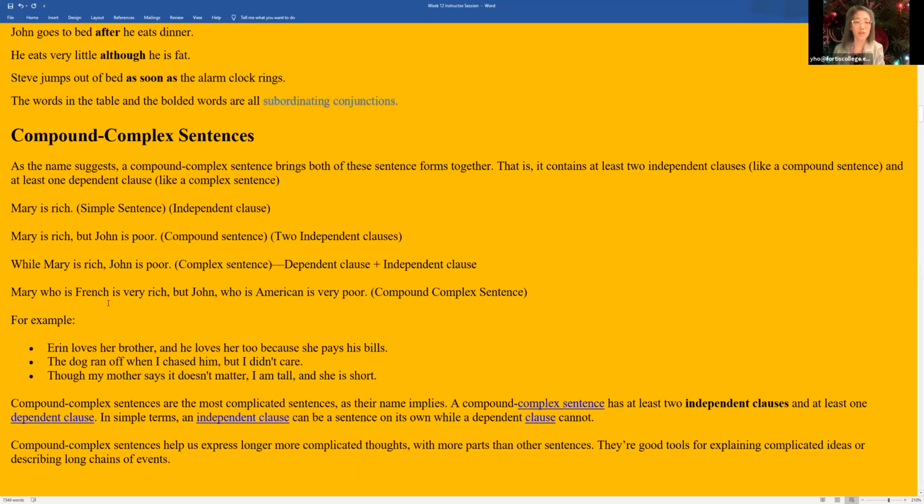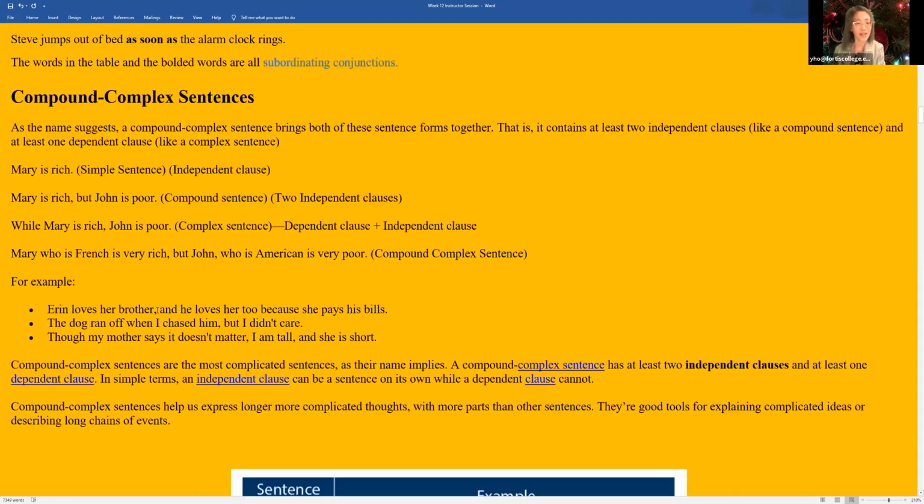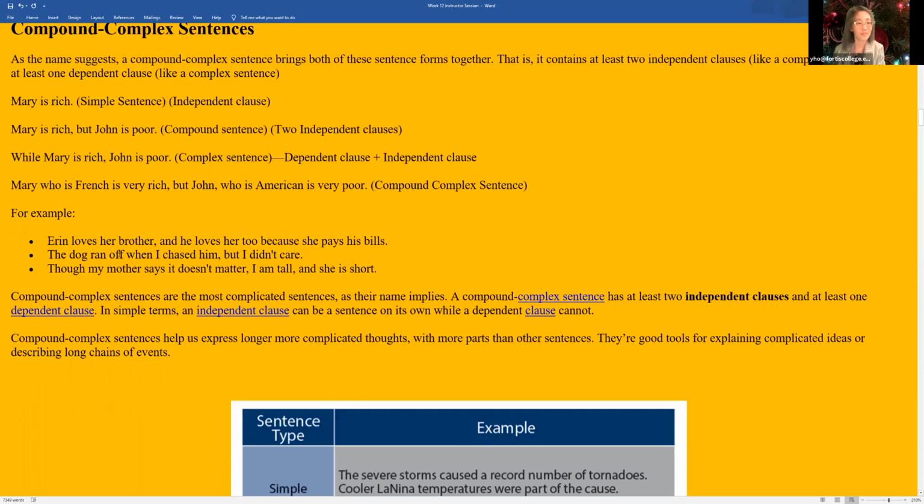In French literature, I think there was one sentence that was like a compound complex sentence that lasted over 100 pages. And that's in Marcel Proust's À la recherche du temps perdu. I don't know how to say that in English, but it's Marcel Proust. So in French, you can have multiple